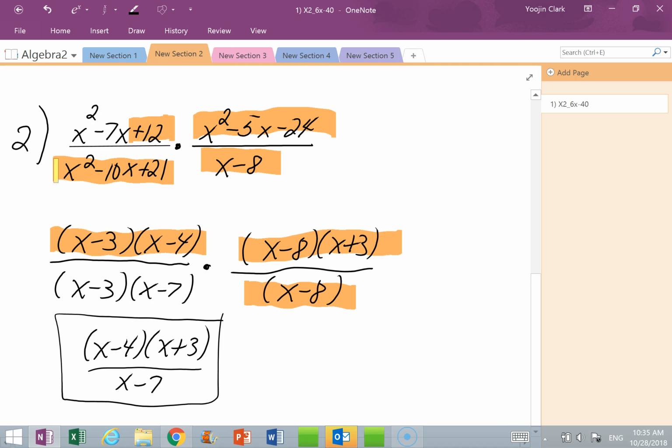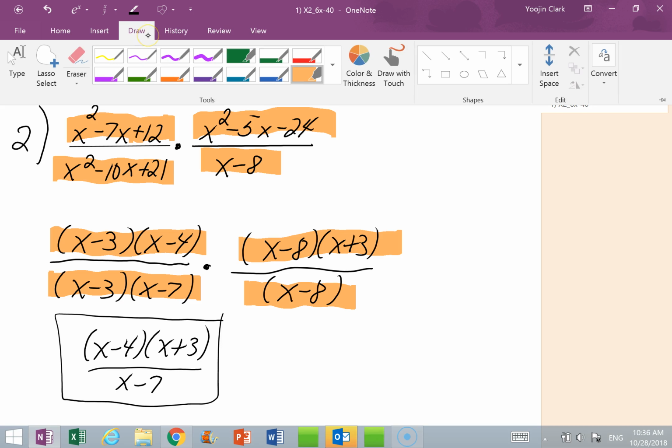And finally the last one, x squared minus 10x plus 21, two factors of 21 that add to be 10. So 3 times 7 is 21. 3 plus 7 is 10, and they both have to have a minus sign, so minus 3 minus 7 is minus 10. So we're done, everybody's factored. Looks pretty good. We just got to see if we can